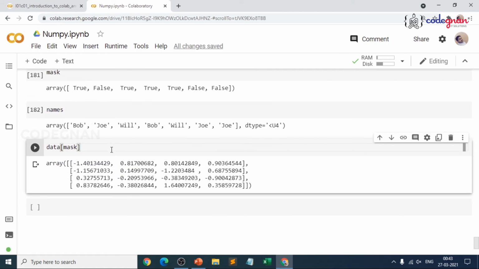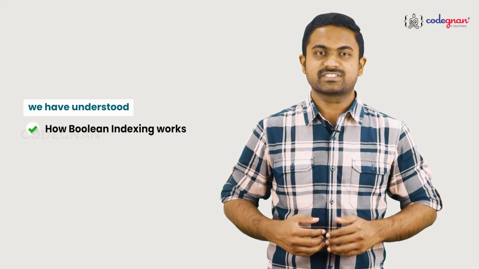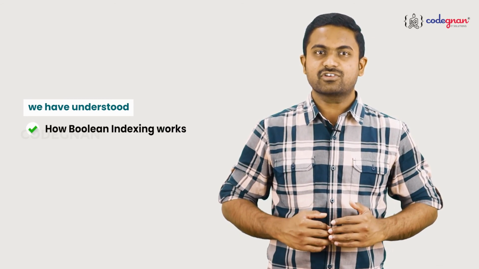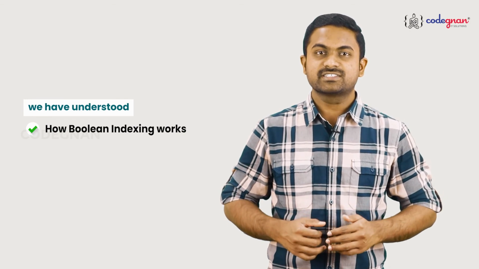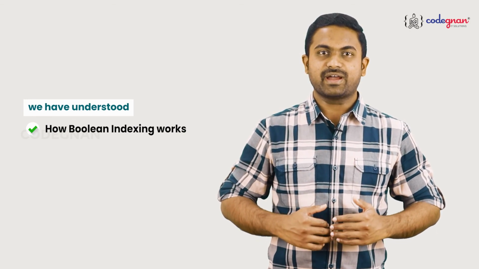In the next videos, we will understand different ways of creating arrays by using ones matrix, identity matrix, zeros matrix. Make sure it is very simple. Just go with the basic flow of creating arrays. And if you have any queries, I am there to help you out. So in this video, we have understood how Boolean indexing works. In the following video, we will work on arrays of ones, zeros and identity matrix.